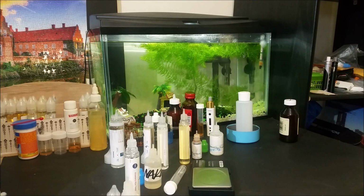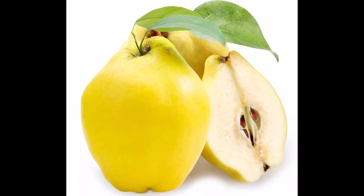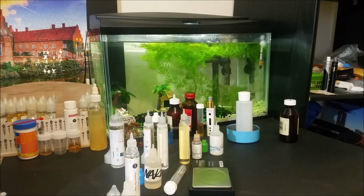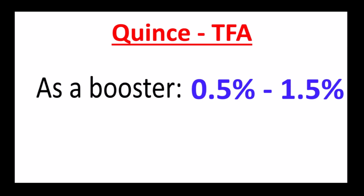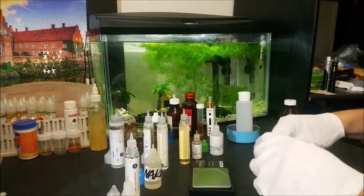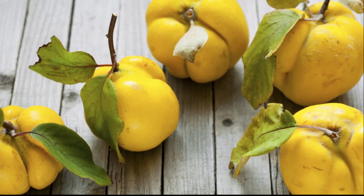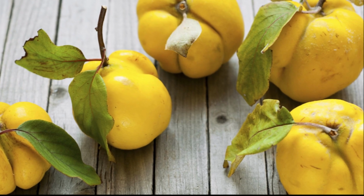And now moving to the third flavor, this is TFA's Quince. This is a flavor you hear about very scarcely, but I believe this to be one of the best fruit boosters available. When it's used at around 1%, it will add a sweet freshness to other fruits, together with some extra pulpy mouthfeel. It is a relatively sweet flavor with a mild apple/pear aftertaste, which works great as a pair